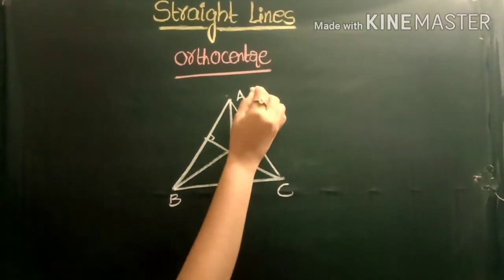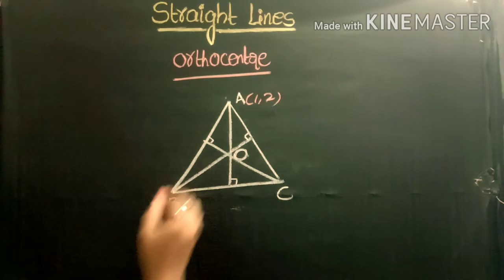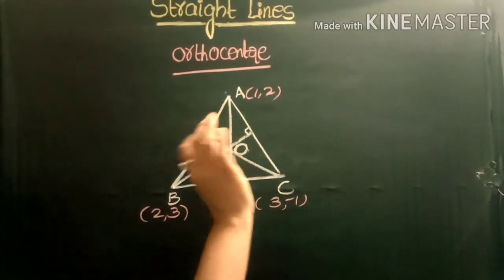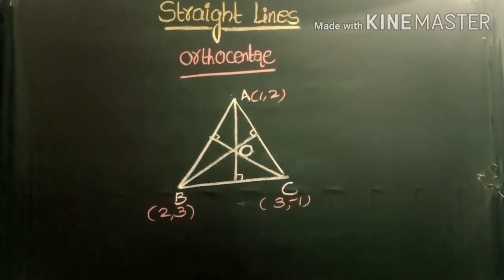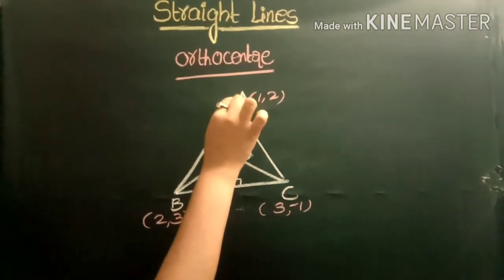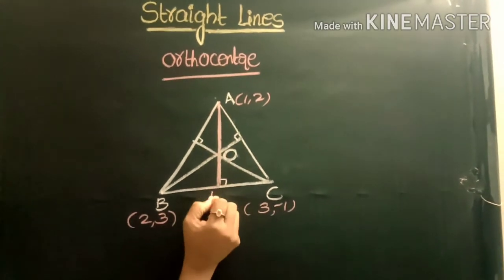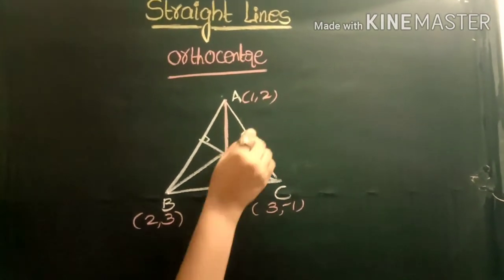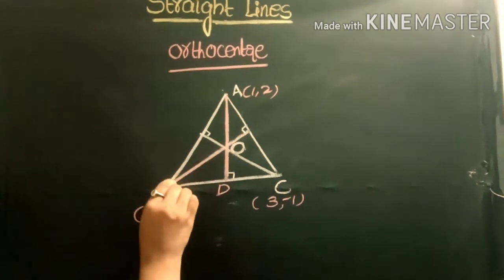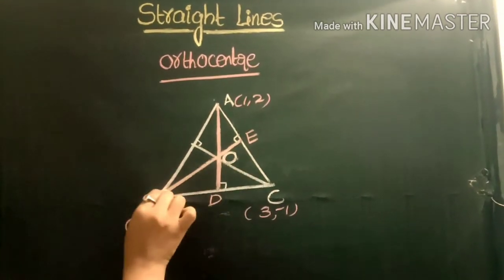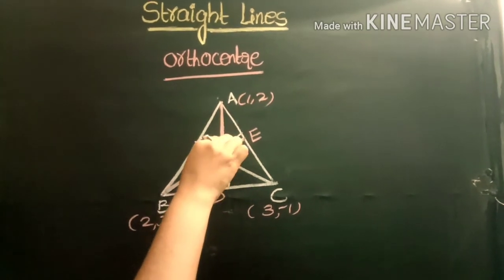The coordinates of these three points are like that. This is (1, 2), this is (2, 3) and this is (3, -1). Suppose the points are like that. Now we want to find the orthocenter. So to find the orthocenter, it is enough to find the altitude equations. Here what is the first altitude? AD. We are taking this point as D, then AD. And the second altitude is BE. Now it is enough to find any two altitudes of the triangle. And next we take the point of intersection of those altitudes.